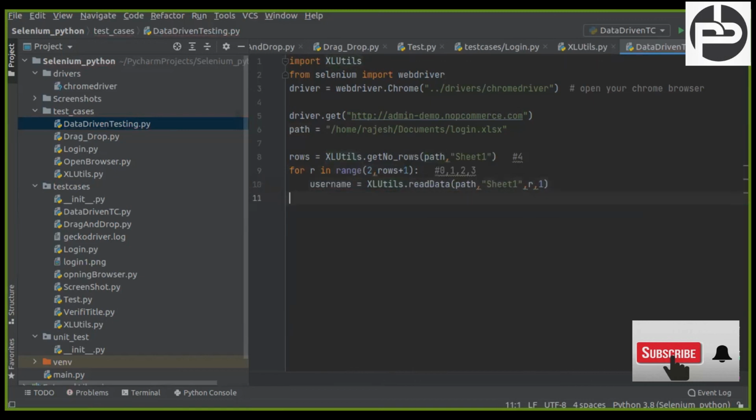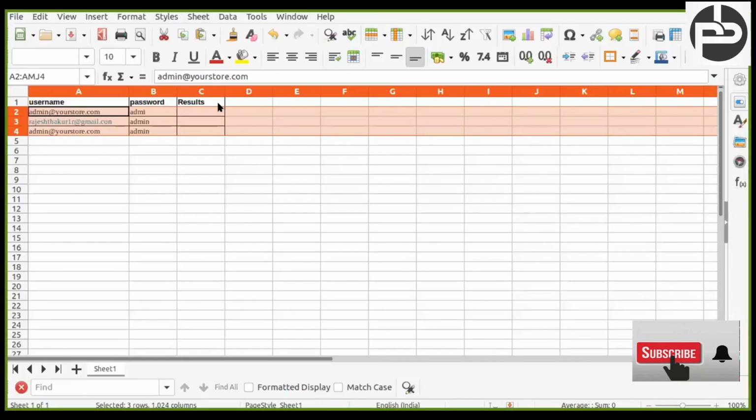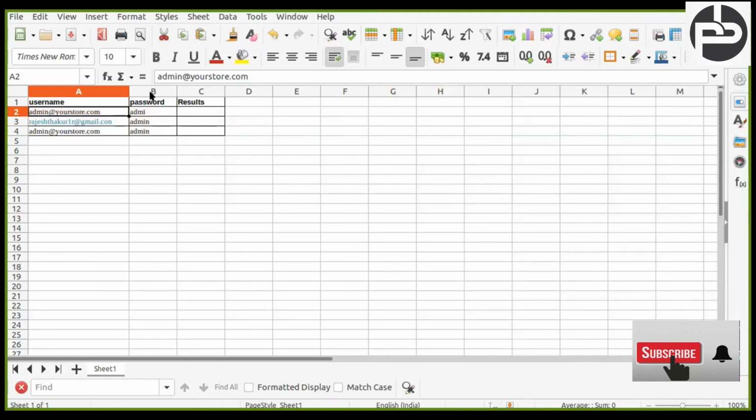Understood? Similarly, I'm just copy pasting this line of code for the password also. The row is the same, but for the password we have the second column. If you can see this sheet, you can see the first row and second column. It will return